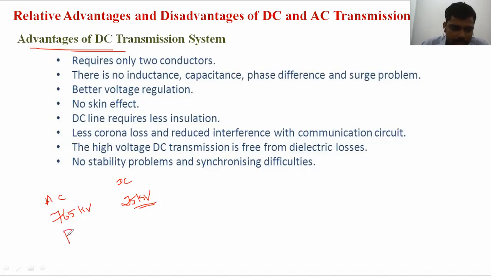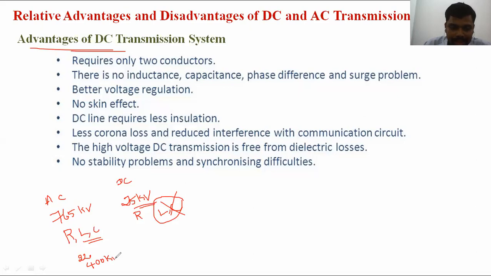In the AC system, three parameters are available: resistance, inductance, and capacitance. But in the DC system, L and C are neglected or eliminated. Due to the inductance and capacitance, the losses are more, that is skin effect, proximity effect, spirality effect, corona, and so on. Here, more conductors are required based upon the operating voltage. For a 132 kV transmission line, only 3 conductors are required to transfer the electric energy. The same for 220 and 400 kV requires a double circuit.